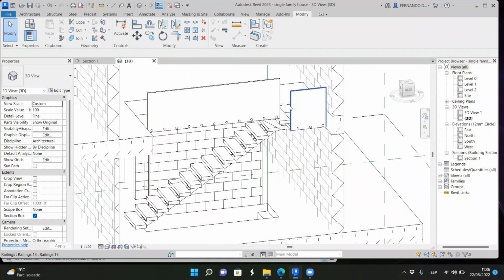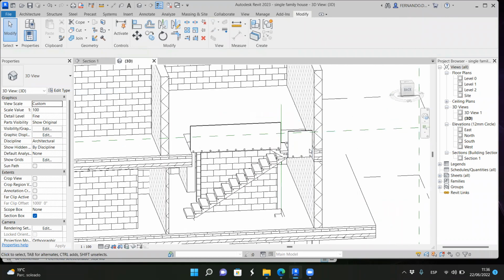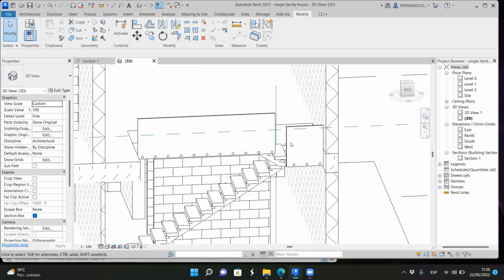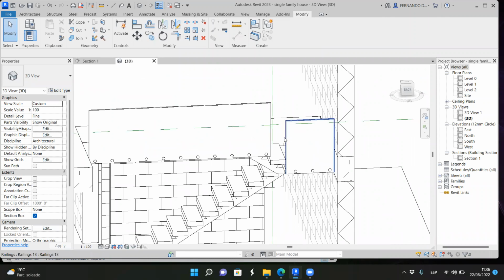Okay, and now you see that we have a gap here. So with this gap, what we can do, we can modify, for example, this one, or we can create a new